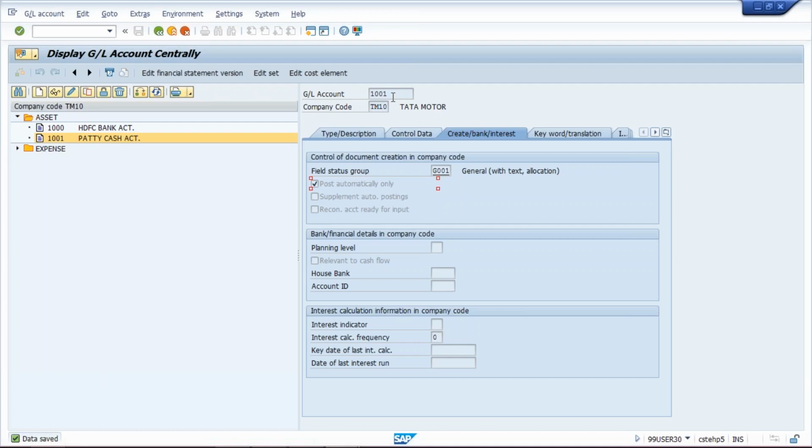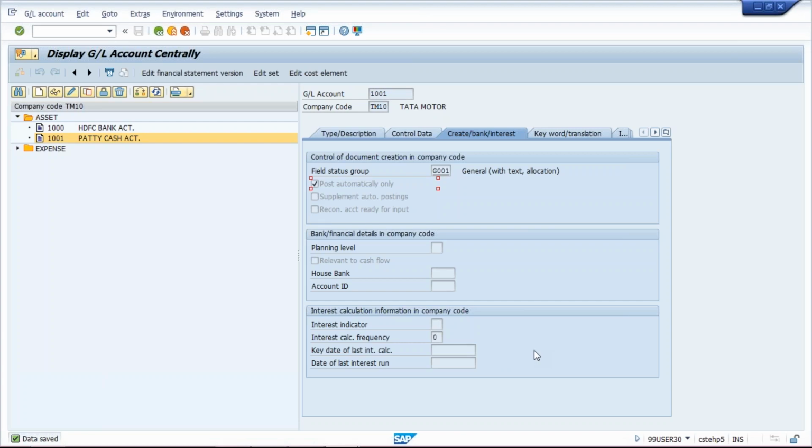Whatever GL you want debited, we enter on the debit side, and whatever GL you want credited, we enter manually. So in every FB50, we are manually entering the GL account.